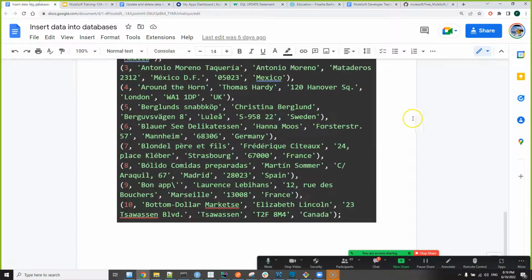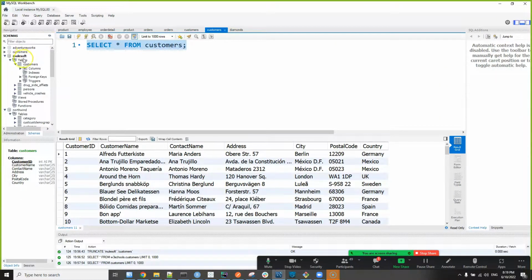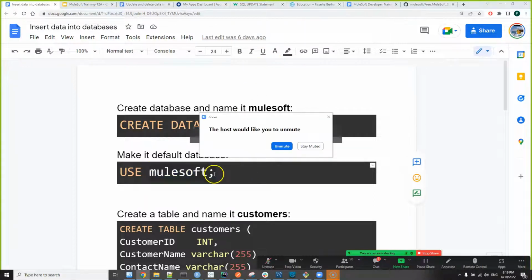It is this one on updating and deleting data or records that we are going to see today. Last time we saw how to insert a single record and multiple records. So first, what we did last week was we created a database called MuleSoft. We just ran this create database MuleSoft. So it created this database for us. As you can see in Workbench, I have this MuleSoft database. So when we run this one, use MuleSoft, it makes it the default database. The queries that we write after this are going to search the tables under this database. And if you are creating a table also, if you don't specify